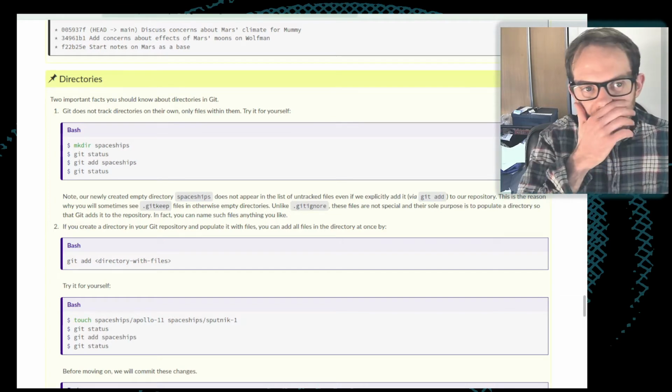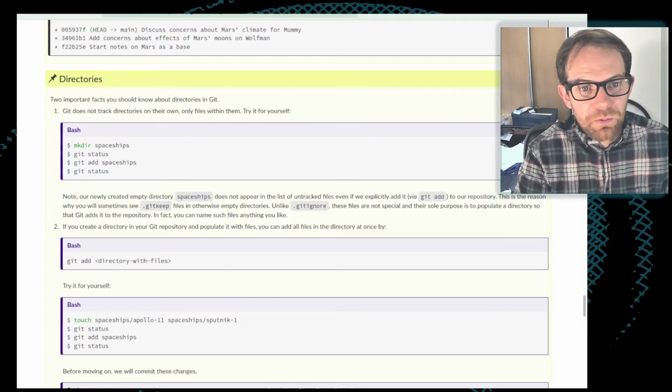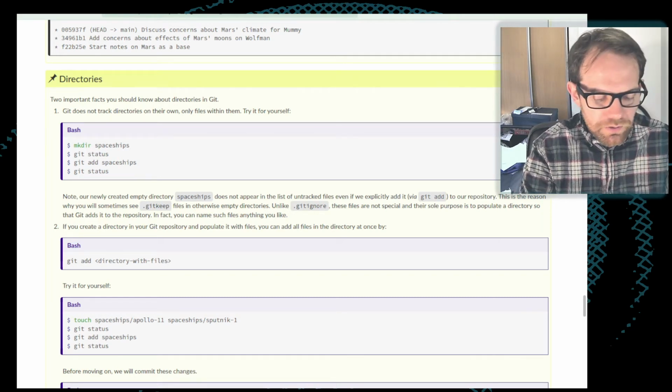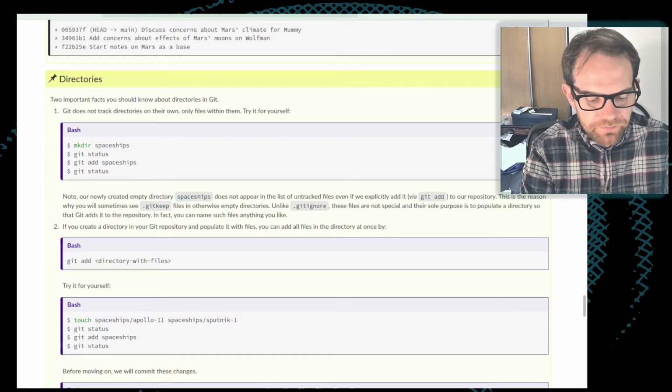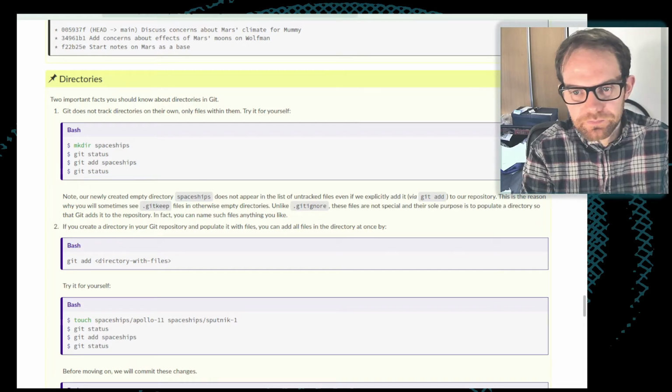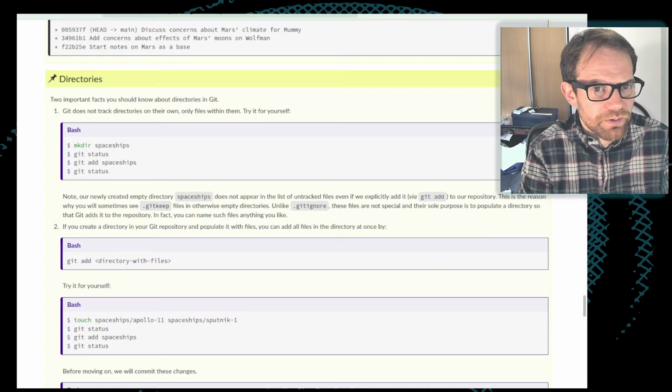So say we want to add some notes about different ways which we might get to Mars. So say I want to make a directory called spaceships within my repository, and I can run git status, and it still claims that the working directory is clean despite me having made this new directory.